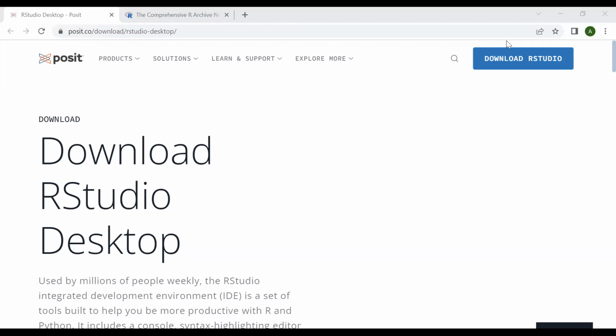Now we're going to turn our attention to RStudio, which is a software that's going to help us use the data analysis platform, which is called R. So we're going to be working only in RStudio, but we first needed to install R on our computers. Okay, so to install RStudio, we go to